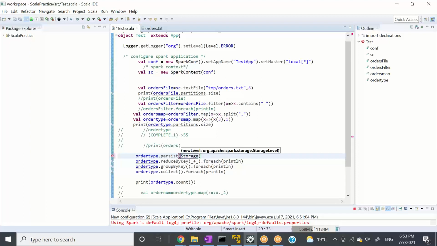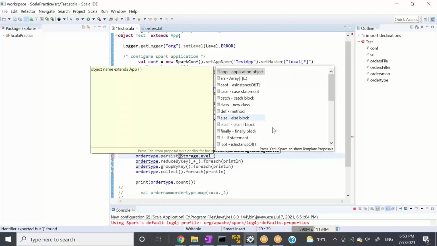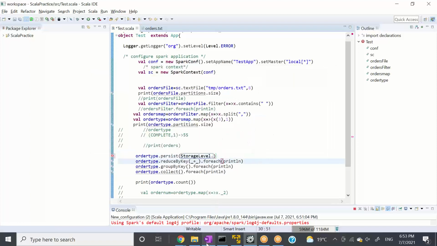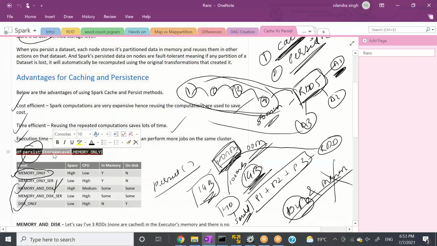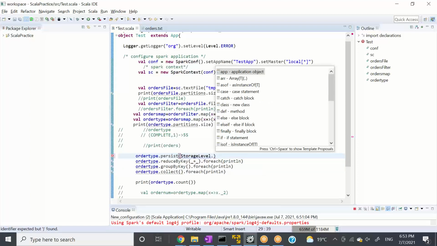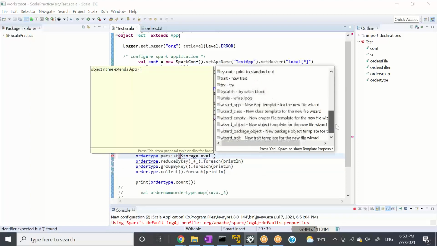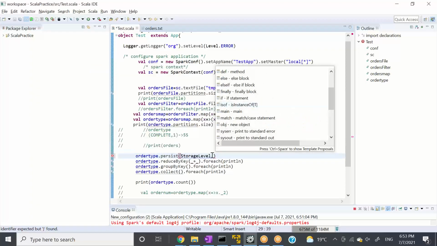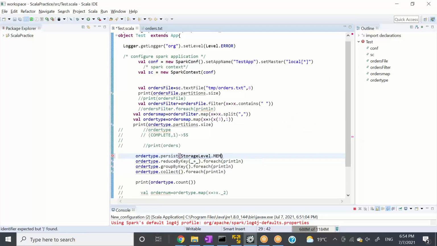Storage level, and say dot. One second, copy here, Control V, and we'll say dot. No, it's not coming. Anyways, we'll say memory underscore only.